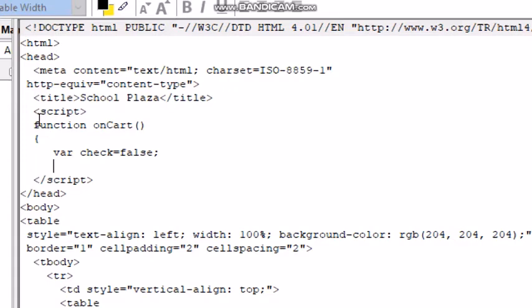Then we will write conditional statement if document is an object dot getElementById within double quotation mark B1 dot checked.